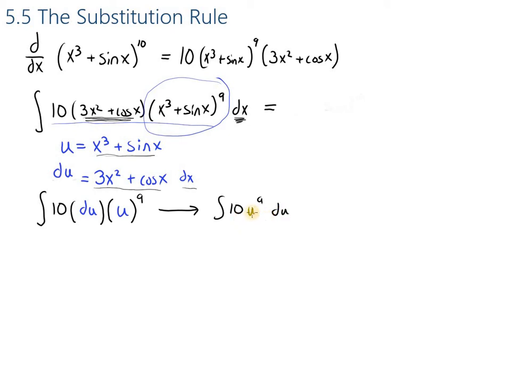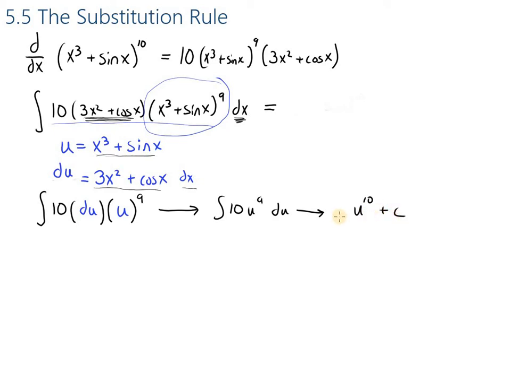I mean, it's in u's instead of x's, but u is the variable the whole way, so we can just integrate this just like it was x. So we say, what is the integral of 10 u to the 9th du? And we know how to do that integration. The 10's even in the right spot, so we just integrate, and that integrates to u to the 10th